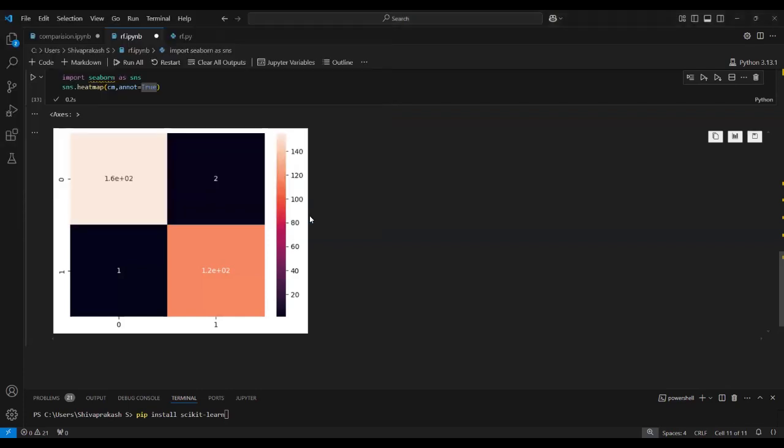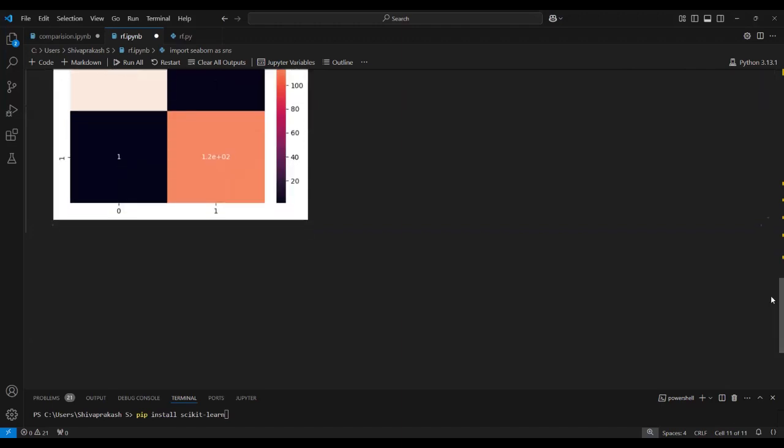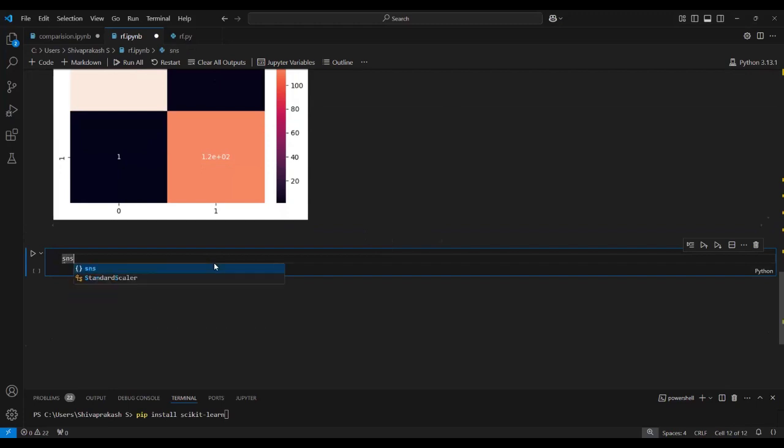So this value does not fit in a proper scale. So to fit that in a proper scale, I'm using another graph: sns.heatmap of. I will print the value in a different way. So sns.heatmap of